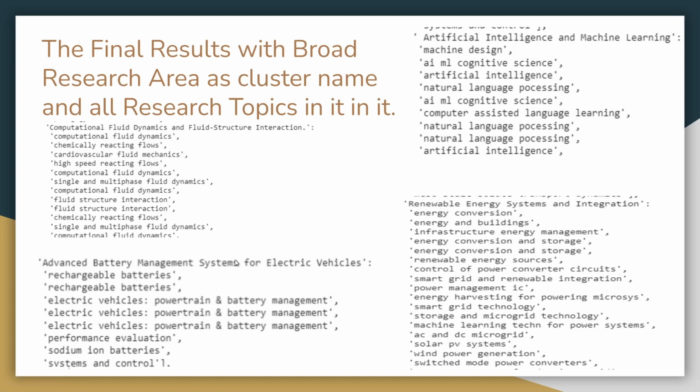So basically, for all the 35 topics we have got this list. I am storing it in the form of a dictionary, with the key being the name of the research topic, and the value containing a list of all the research topics which fall into the subdomain of this broader research topic.